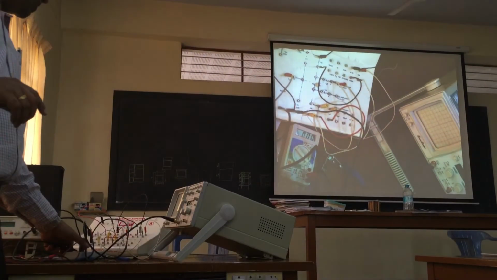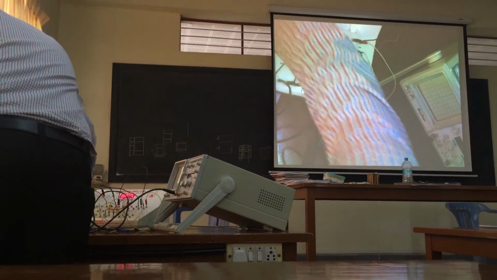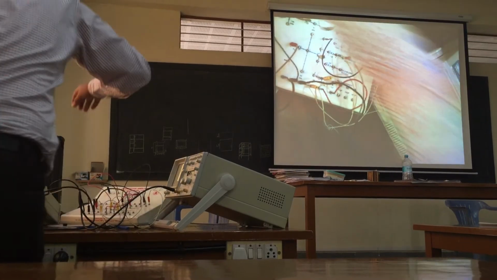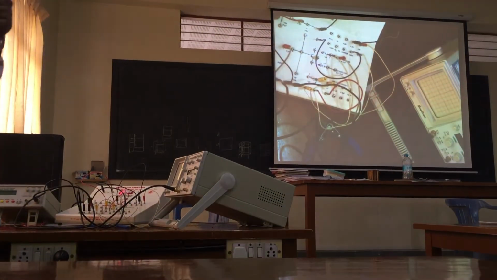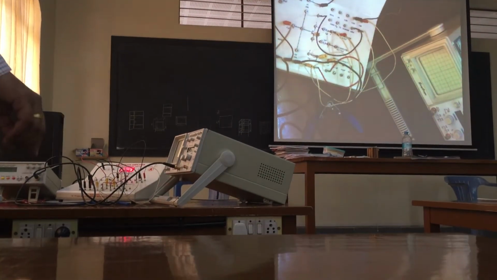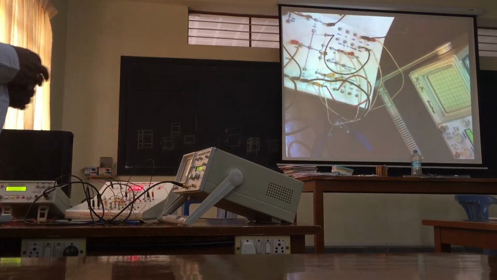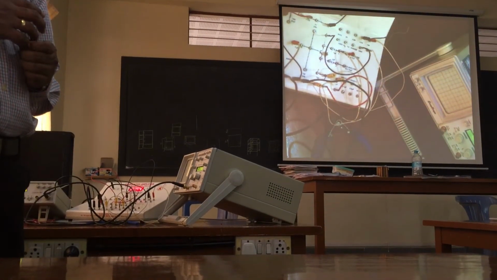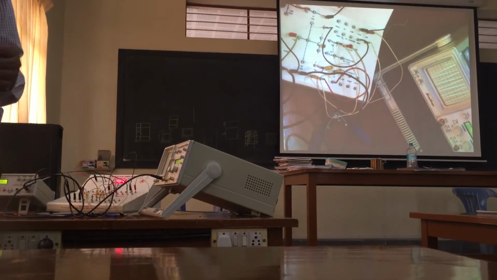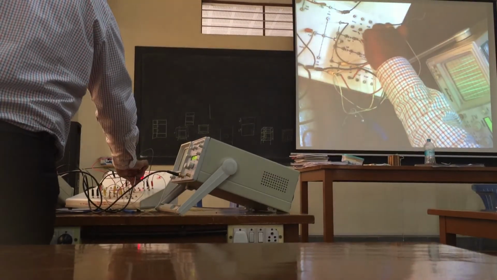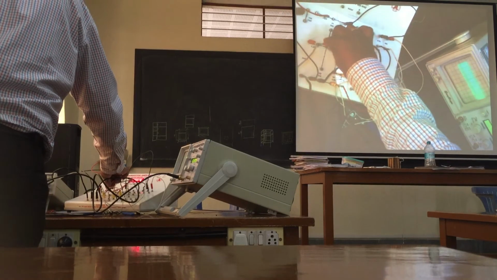After measuring DC conditions, what is your step now? What is the next step? Switch on the signal generator. Switch on CRO. How do we measure input voltage? Remove from the collector and connect near the base. Here, this is the input point.